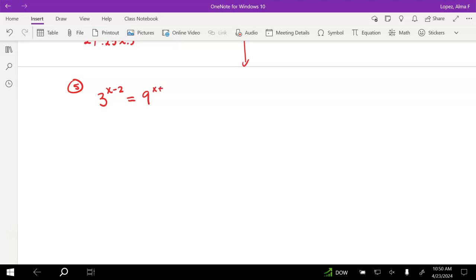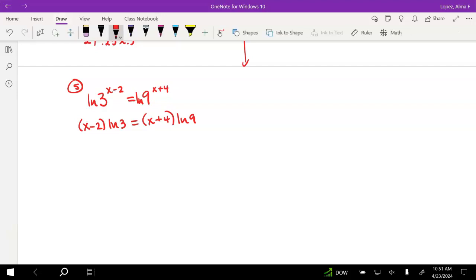is 2 exponential functions set equal to each other. And I could make the bases match here, but the way that we talked about these in class is if we have 2 exponentials that don't match on the bases, you start by taking the natural log of both sides. Then you're going to pull the exponent out in front, both sides,